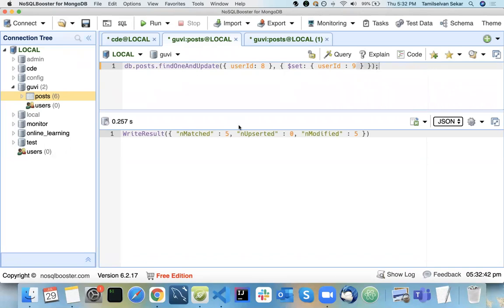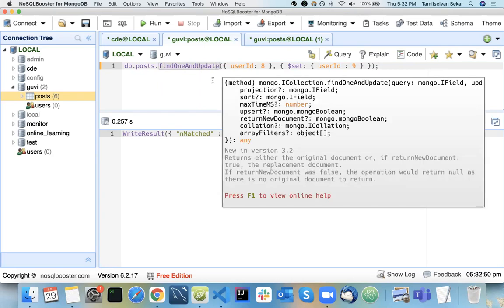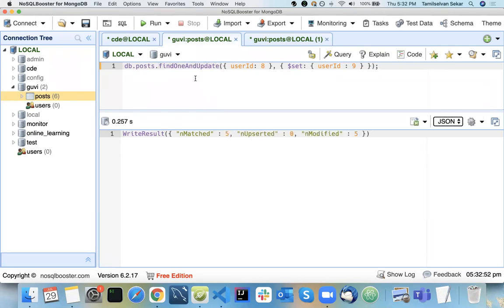So what is the difference between find one and update and update one? Both are going to update only one record, the one that you mention in your condition.